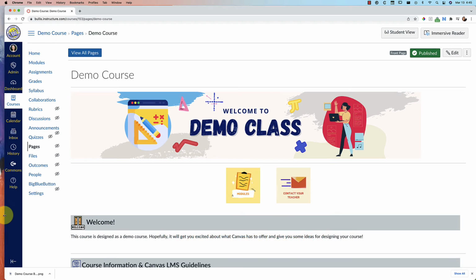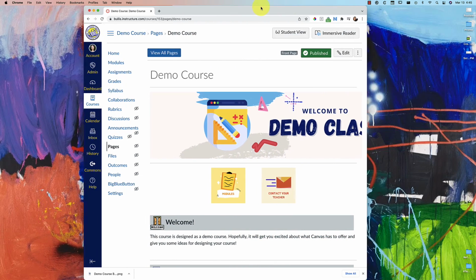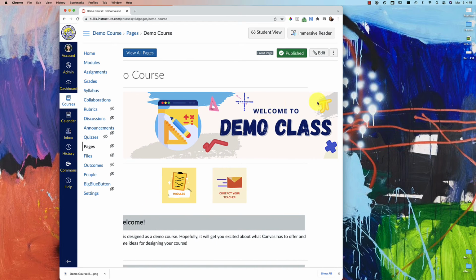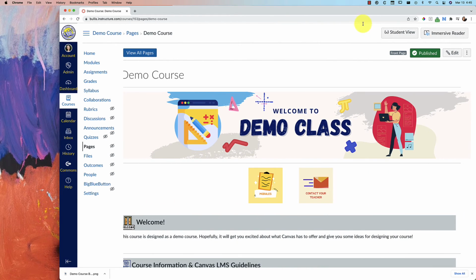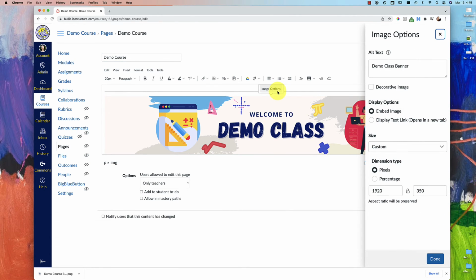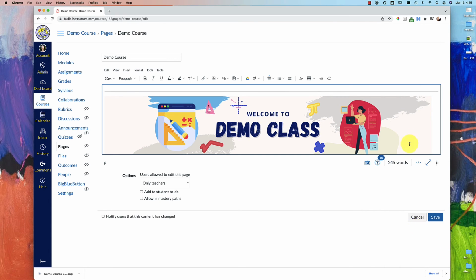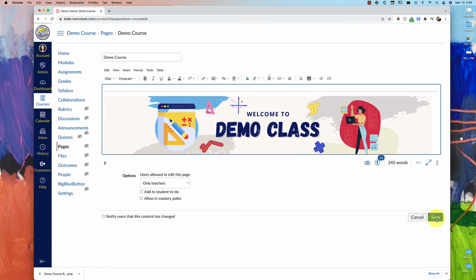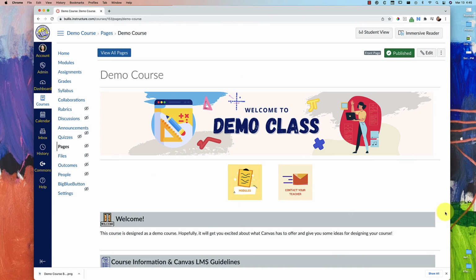But one thing that I noticed was if I made my screen smaller, I had to scroll like this for my banner, which I definitely didn't want. So to fix that, click on the image, click on image options, and then instead of the dimension types being pixels, change it to percentage. And I found that I did 98. You could do 100, but 98 fit with the tables that I had already done. So 98 worked well. Then when I pressed save, you'll see that